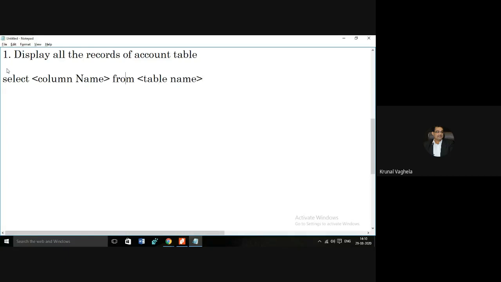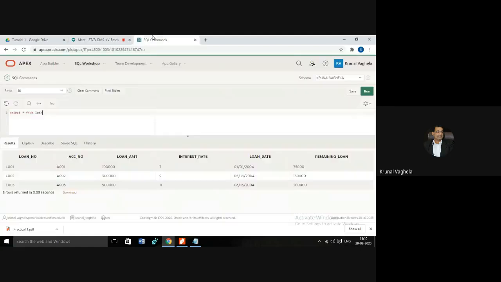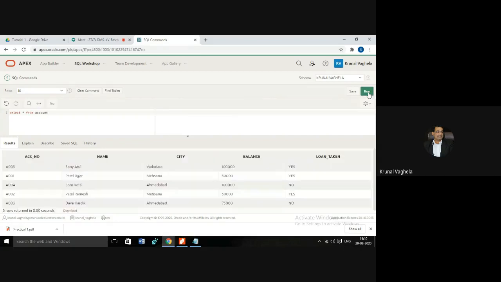As we are asking for all the records, I will write star. Select star from account. Control A, Control C, Control V. Run. So it will display all the records.